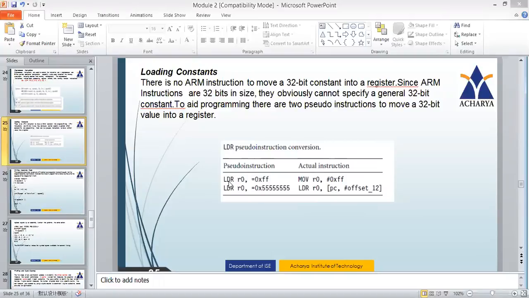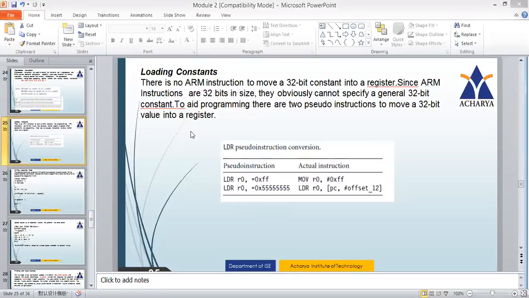That is, we have to make use of an instruction called LDR. Using this instruction, we have to use the equal symbol. So whatever the data is there, this will be considered as an immediate value, and that will be moved on to R0. So this cannot be implemented using the move instruction; we have to make use of the LDR instruction. Similarly, even the address has to be loaded into R0 using the LDR instruction, and the equals operator should be used. This is a mechanism of moving the immediate data to the destination registers.